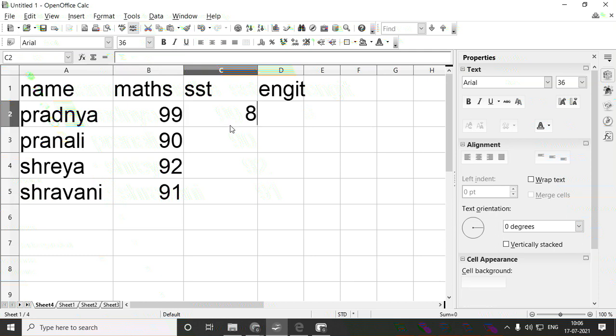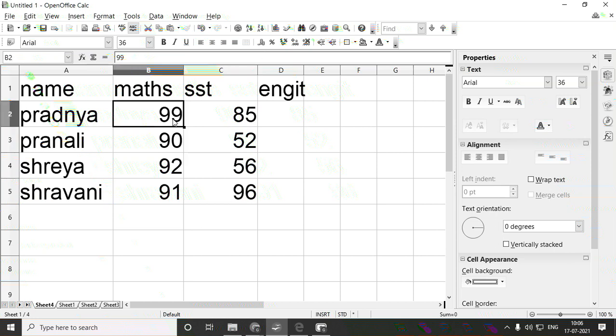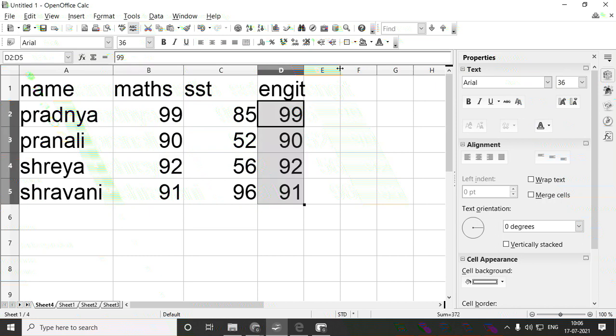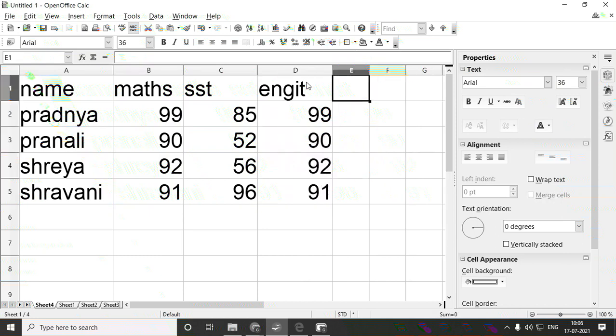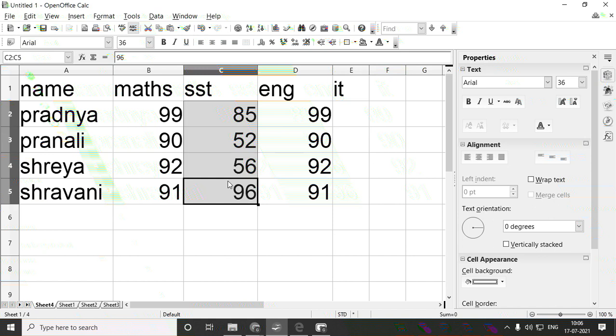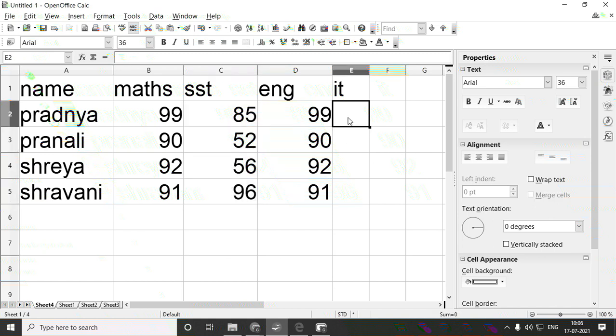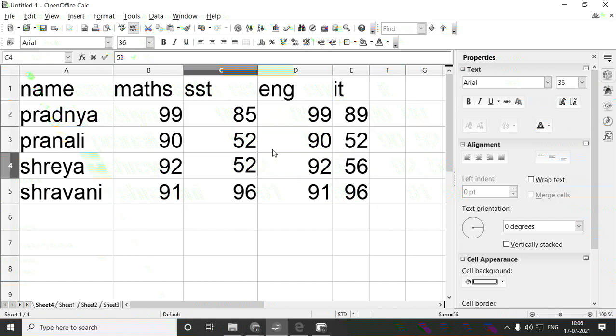In SST 85, 52, 56, 96. Same thing I'll copy here and I'll paste. Okay, so here and there I'll change the marks.